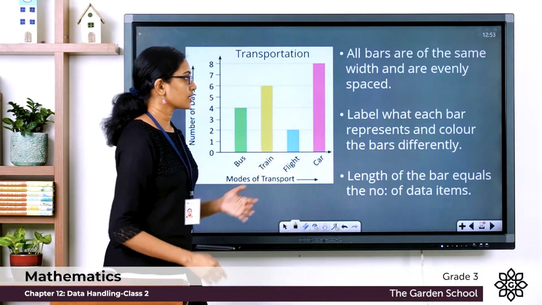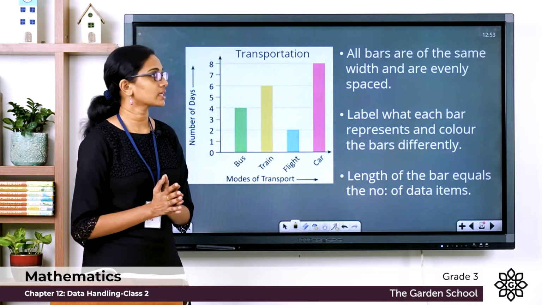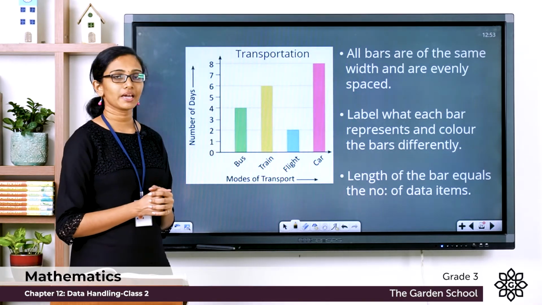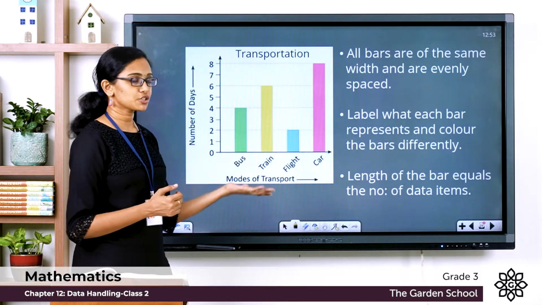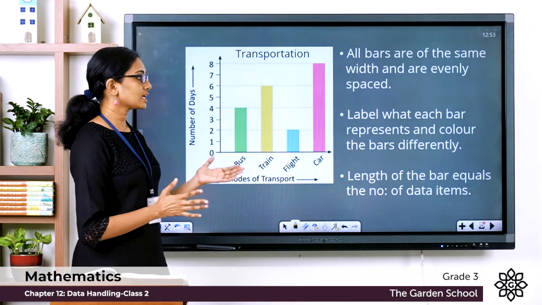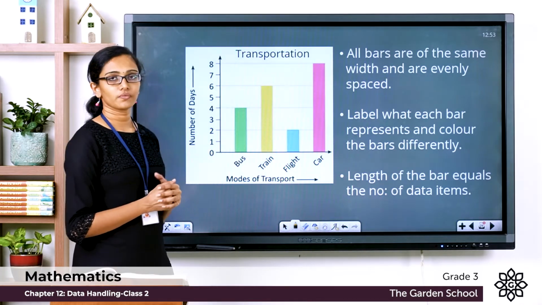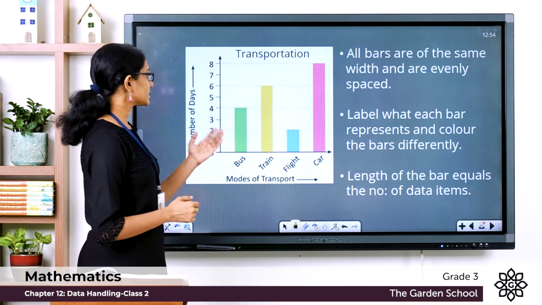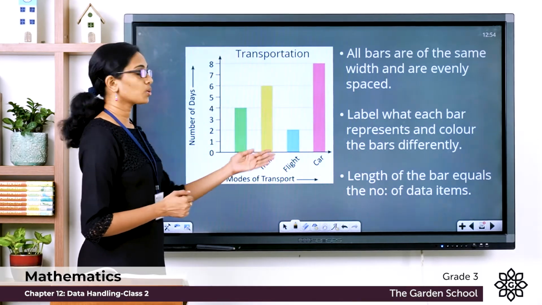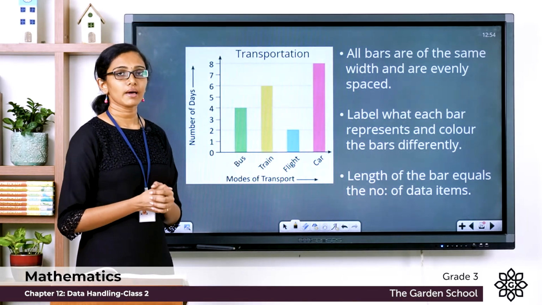So, in a bar graph, you need to keep in mind a few things. All bars are of the same width and are evenly spaced. Label what each bar represents and color the bars differently, and the length of the bar equals the number of data items. So, here in this example, this bar graph depicts the different modes of transport that a man used